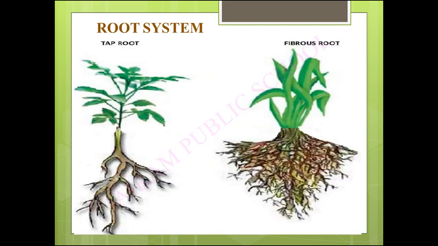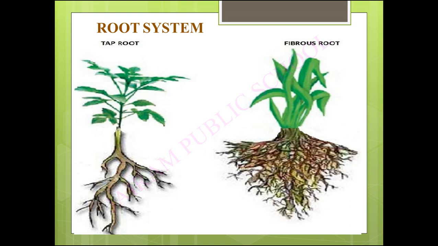Next, the different parts of the plant work together to help it grow healthy and stay alive. Now we are going to understand more about the differences in the root and shoot system of various plants. First, we can see about the root system. There are two types of root system. One, the taproot, and another, the fibrous root.